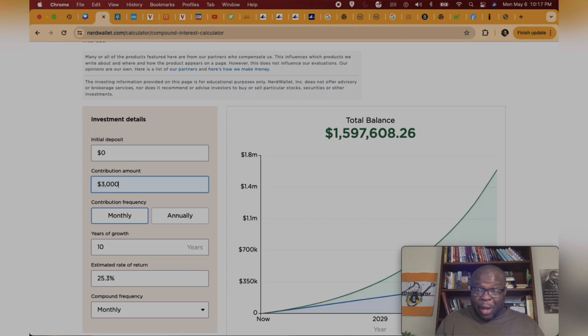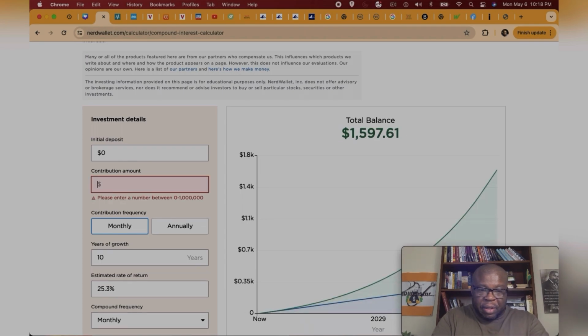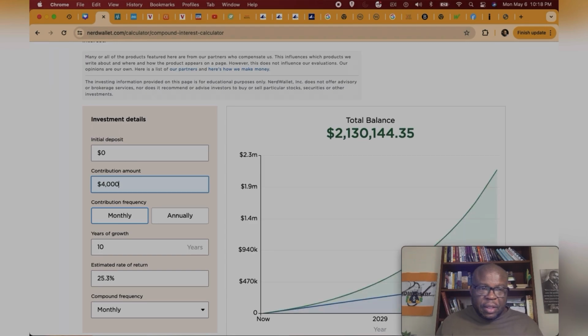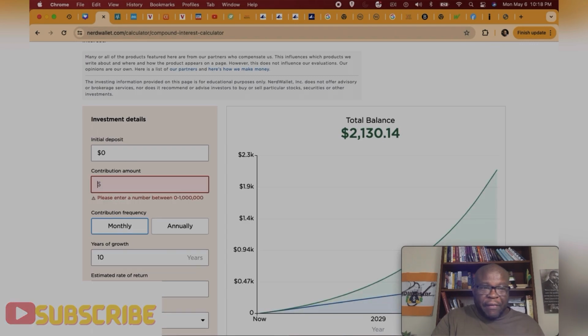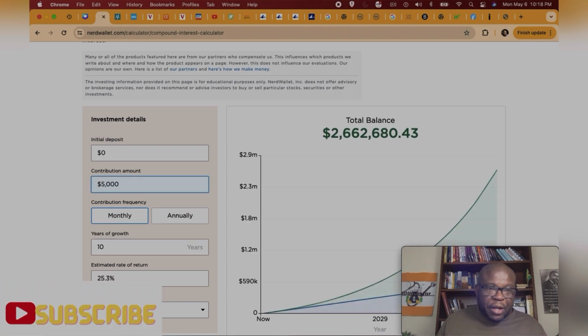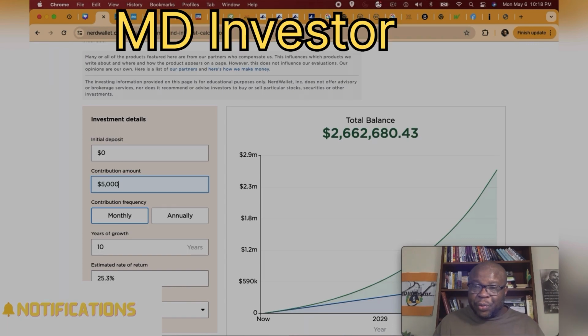And 10 years goes by quickly. That's a short time. This shows you the tremendous growth rate you're getting, because 10 years is going to go like this. And at $3,000 a month, $1.6 million is a nice portfolio to have, right? Whether it's for retirement or whatever. Let's look at $4,000 every month. You'd have over $2 million. And the final one, we would do $5,000 every month, and you end up with a portfolio of $2.6 million in 10 years, which is a short time.